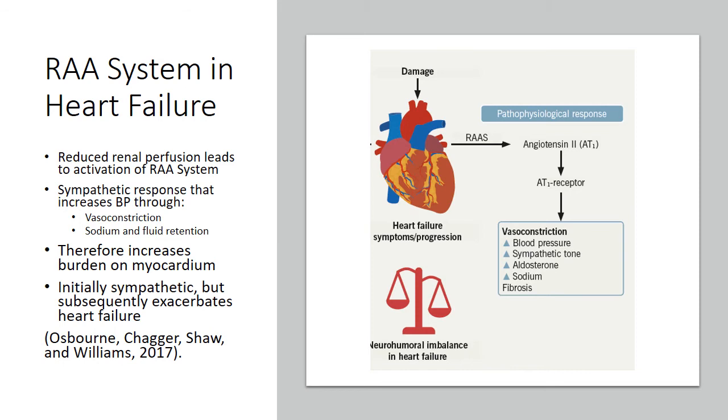And a really important one is the renin-angiotensin-aldosterone system, the RAS system. So this is an important hormonal system that has a physiological role to play in regulating blood pressure, but it also has a pathophysiological mechanism in terms of its role in heart failure. So as the heart muscle starts to fail, we end up with reduced perfusion to our kidneys, and this reduced renal perfusion leads to an activation of the